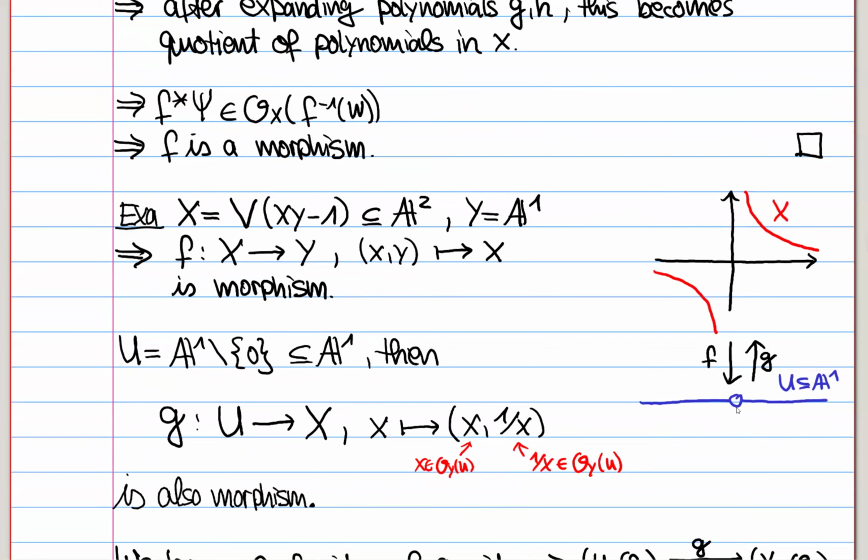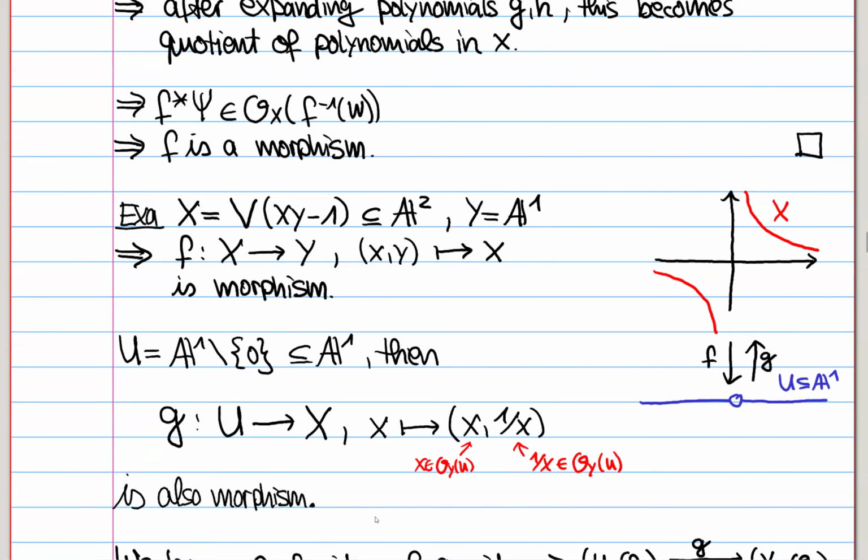And on that complement u, you can write down a map in the opposite direction, g. And so now this lands in A2. So you need to specify its 2 coordinates. And you take the coordinates given by x and 1 over x. So x is sent to x, comma 1 over x. These are both regular functions on u. And you can check easily that this lands in here, because if you multiply them, you get 1. So this equation here is satisfied. And so this is indeed function. It's given by regular functions in all of its coordinates, and it lands in the target x, so it gives